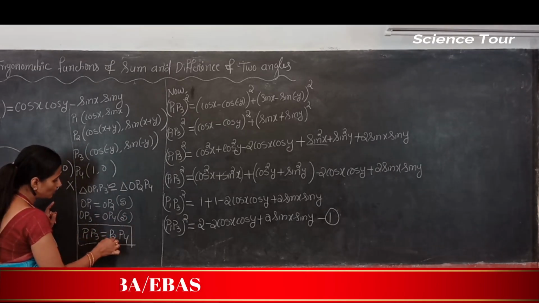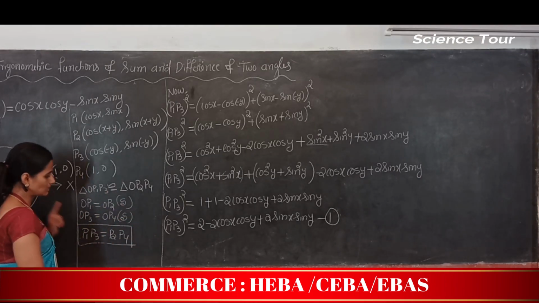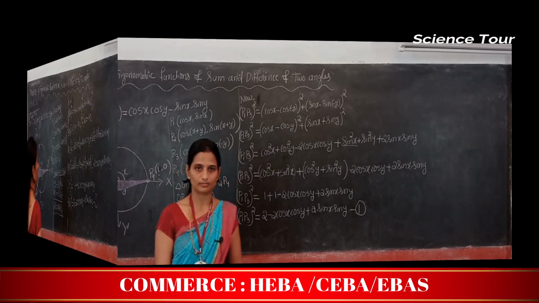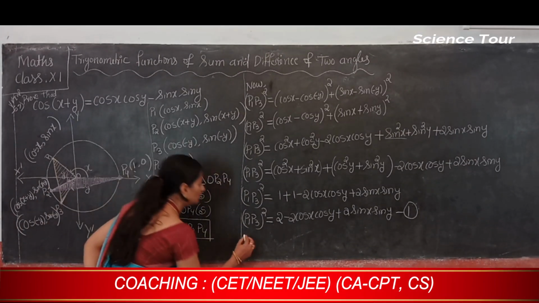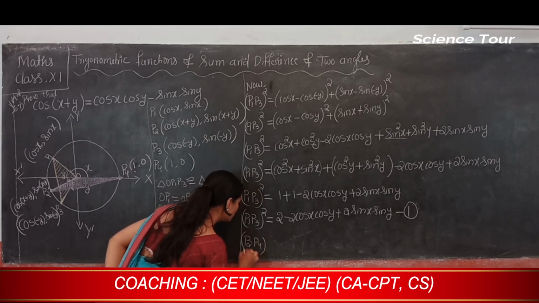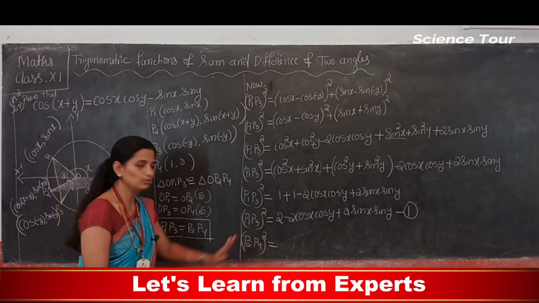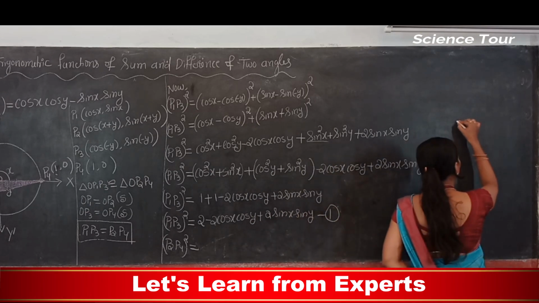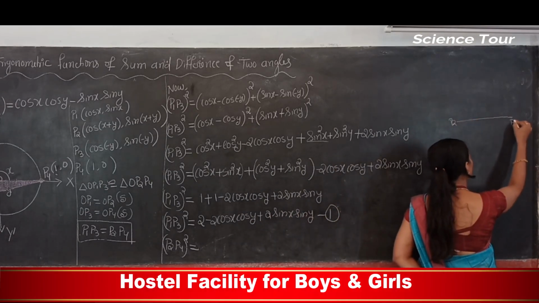Next you have to find out what is P2 P4 whole square. So next step is P2 and P4 whole square. Now next is P2 P4, correct, no? So what I need is P2 P4 whole square. So now how to find this P2 P4? I'll show you here. This is P2 and this one is P4.